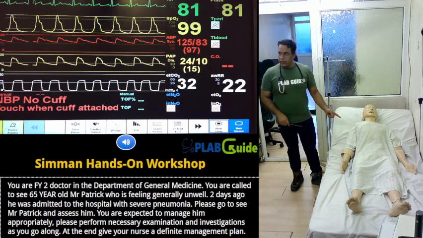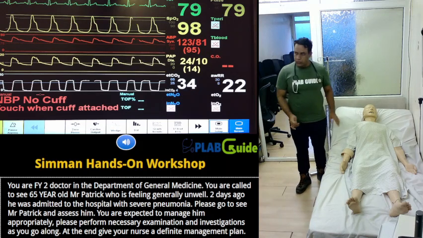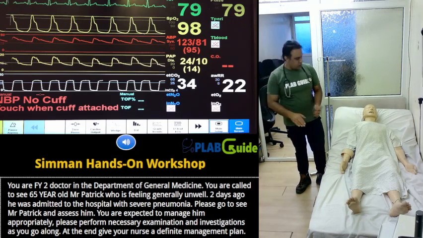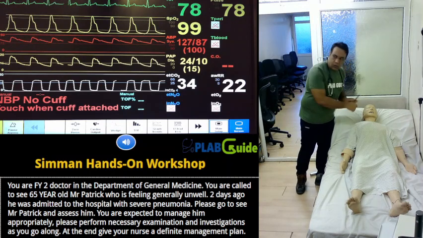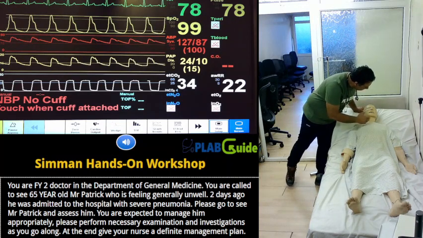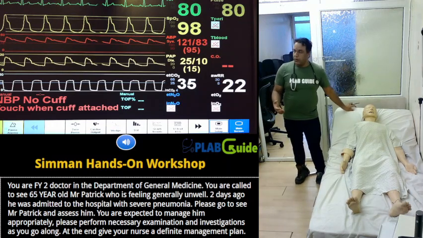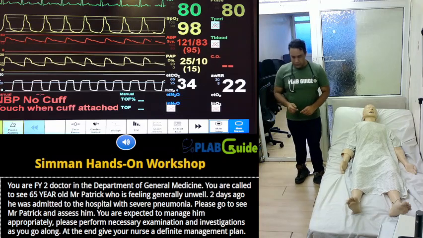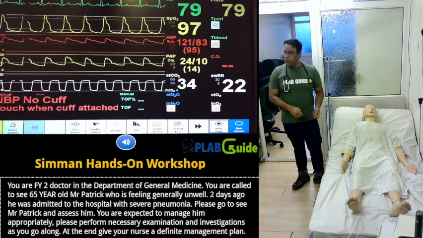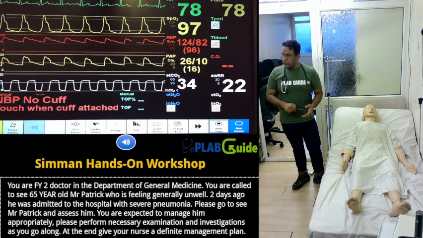Going back to A, the tongue can be swollen. You do not need to open the mouth, but you can still touch it. Do not be physical. Touch it if you want to see, or go closer. You will see whether the tongue is swollen or not, and whether the airway is patent or not. I will show you what the airway looks like without the swollen tongue and with